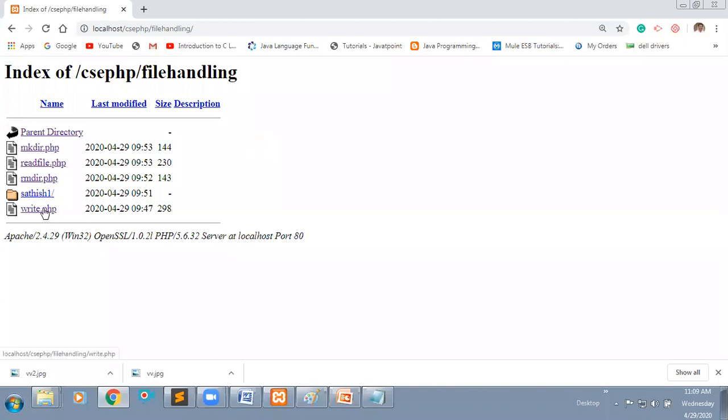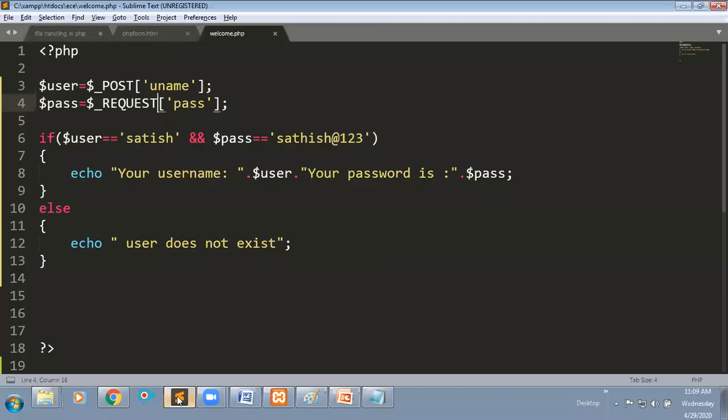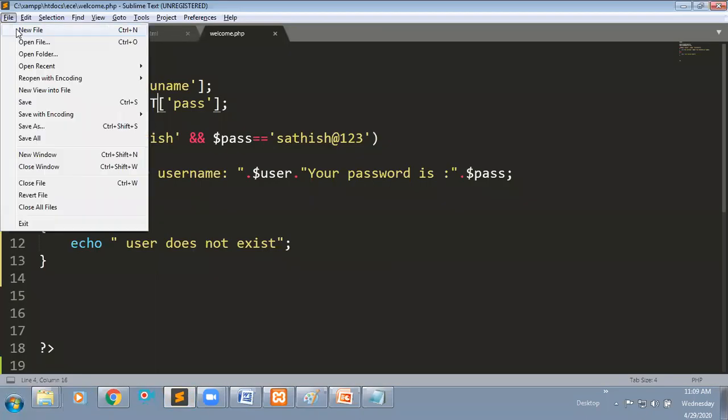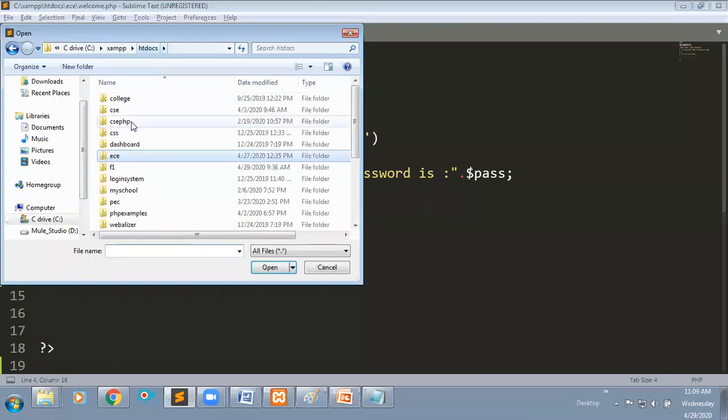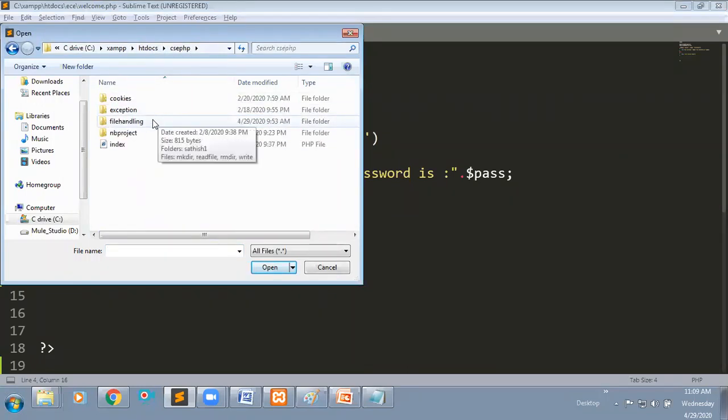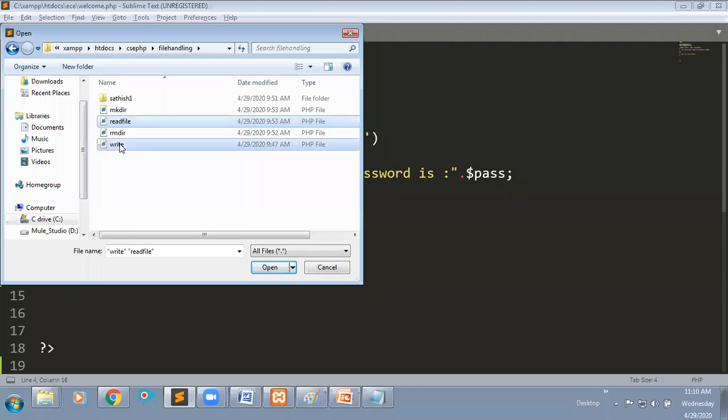First, I will show the write operation. I will open the file in the file handling folder. Yeah, the files are here, like read file and write file. I will show on these two.